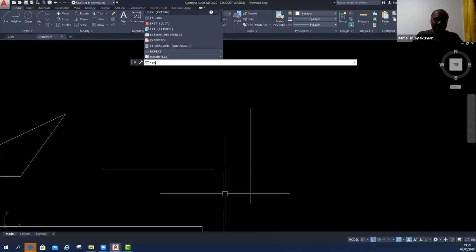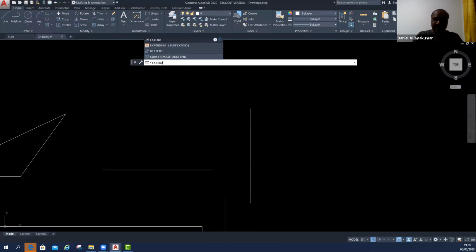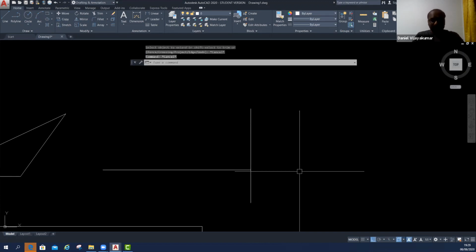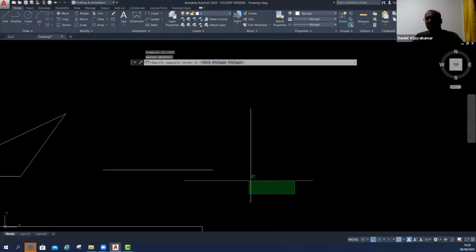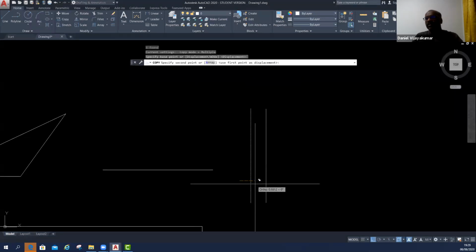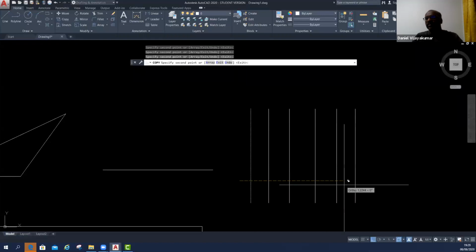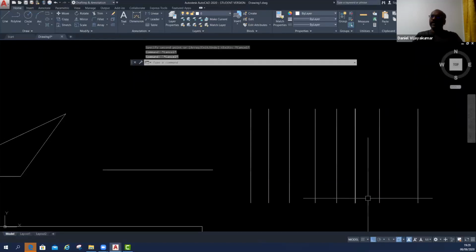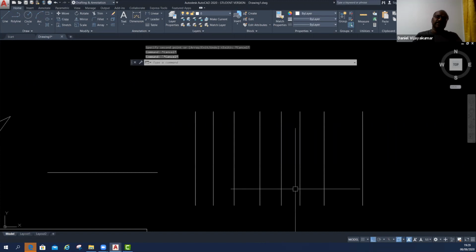Again, I will do extend, select both objects, whatever you want to extend, and until where. After you click, then automatically you can extend. For example, I have a few lines.